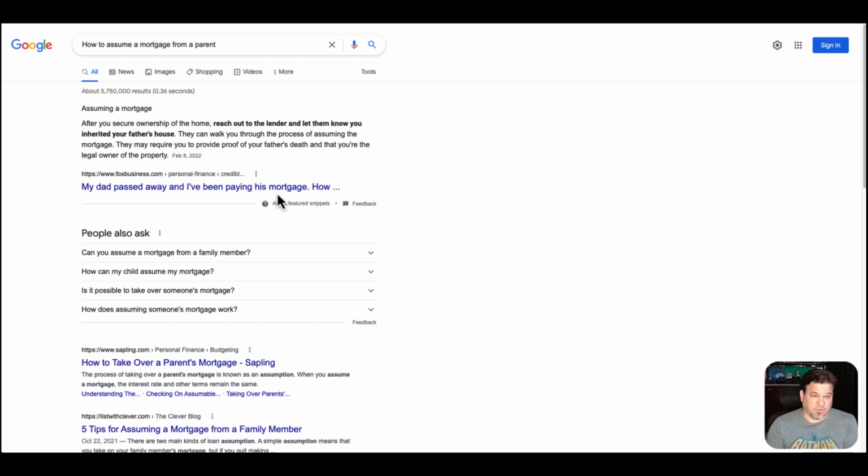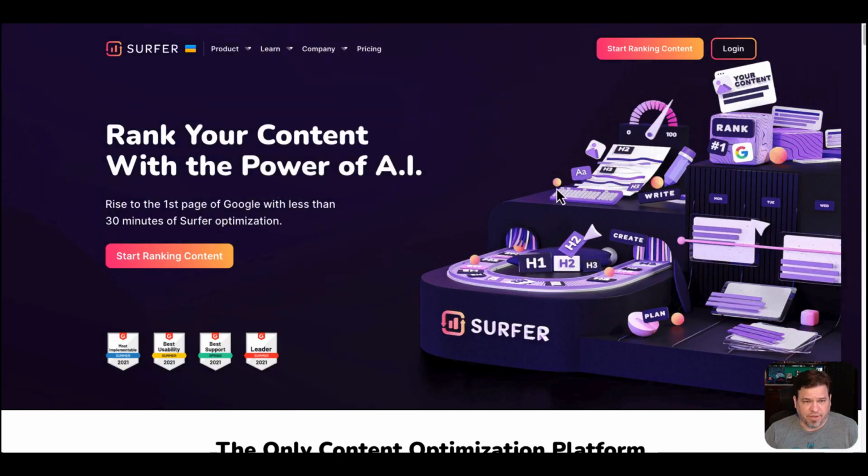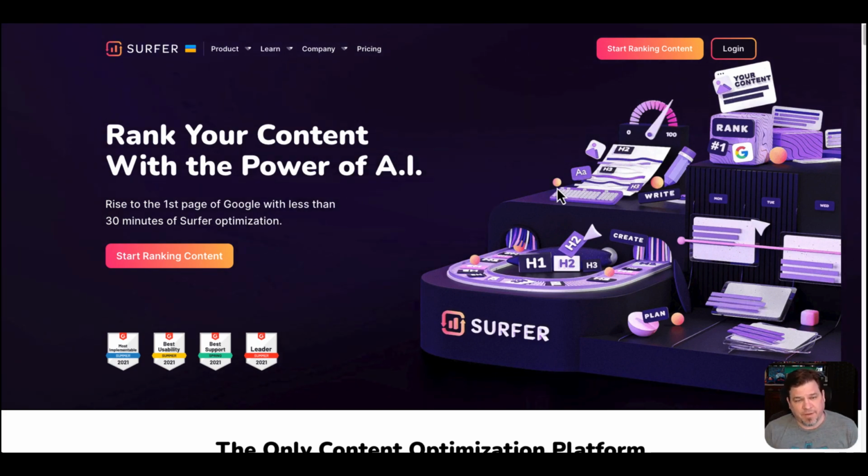Then there's another group that would say, oh, just write what you want, you'll get there. And that works as well. But when you're producing so many articles and you have multiple clients, or you just want to write, but you want to know you're writing the right thing or heading in the right direction, and you need guides and a safety net, that's where these on-page optimization tools come in handy. Surfer has been on the market for quite some time, and it's a very strong on-page SEO optimizing platform.